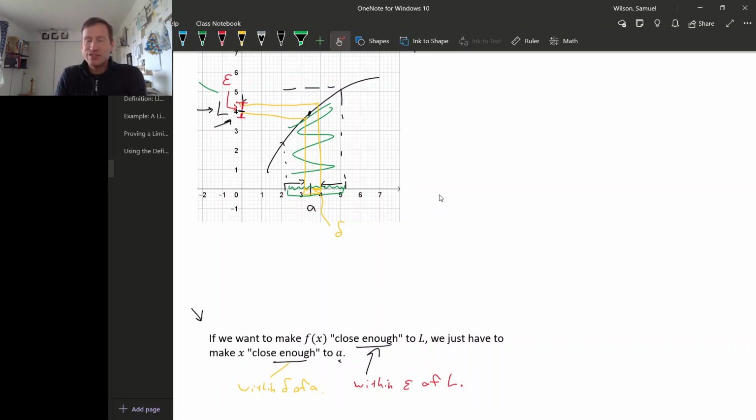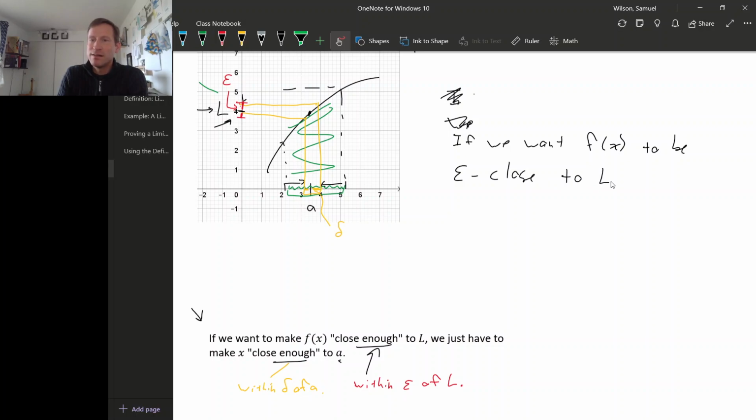So then this phrase turns into: if we want f of x to be epsilon close to L, that is within epsilon of L, we need x to be delta close, that is within delta of a. Okay, so this is a little bit better,